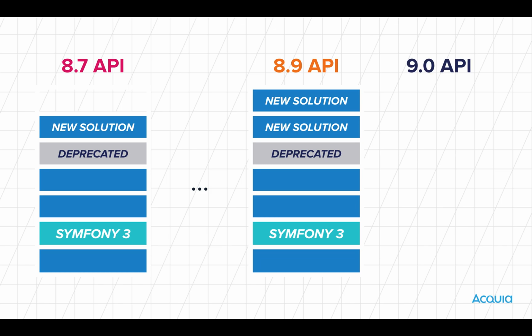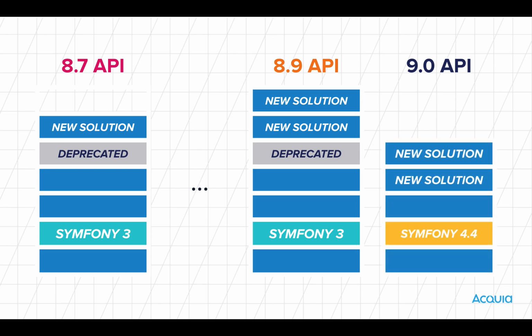Now, when we start talking about Drupal 9, there are just a few minor differences. We still have all of the new solutions, all of the standard tools and code that we want, but you'll notice that deprecated code has been removed. We've taken that out, and now you have to use whatever the new way of solving that problem is. So instead of using the Drupal set message function, you would actually call a service to get your messages out